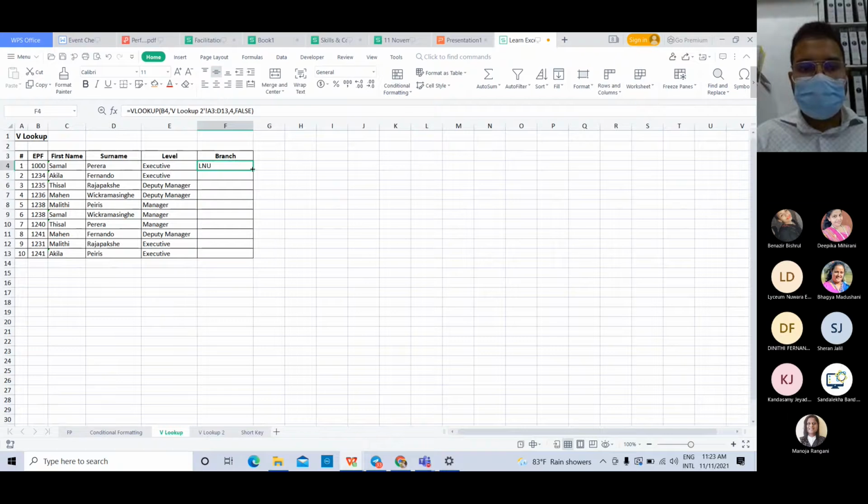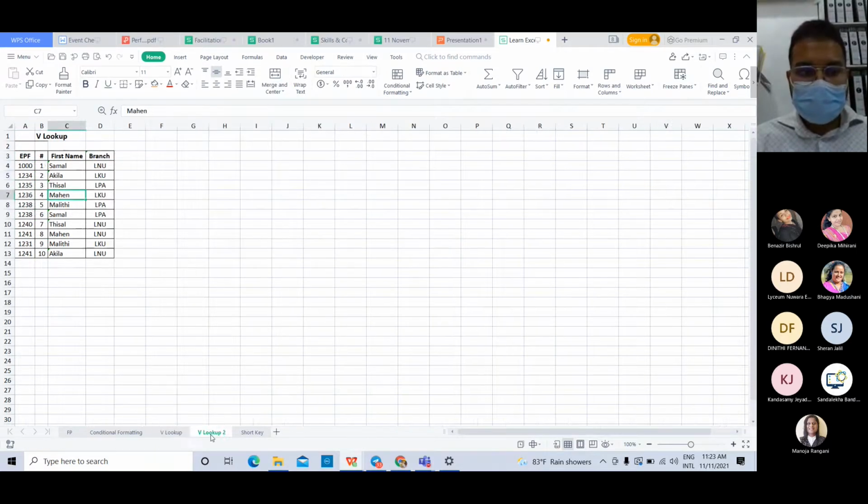Enter. Here you have your VLOOKUP. One more thing you have to consider is now the type of the cell. We learned about formatting cells, right? So here the formatting is set to general, and here also the formatting is set to general. All these are general. So you can't do a VLOOKUP if you have two different types of formats in the